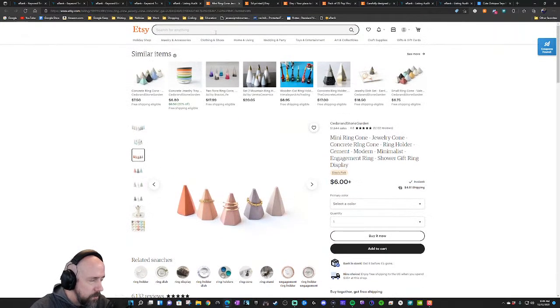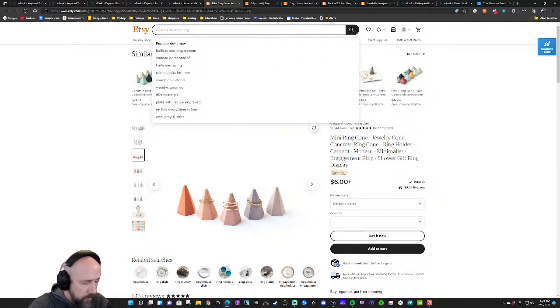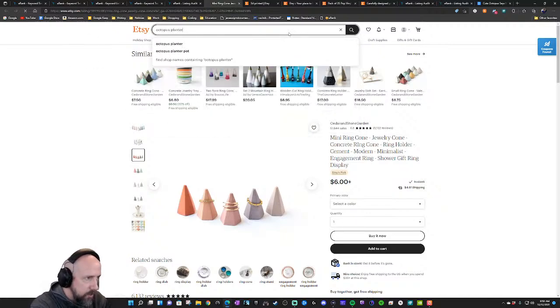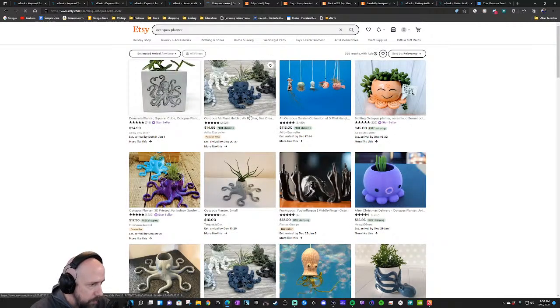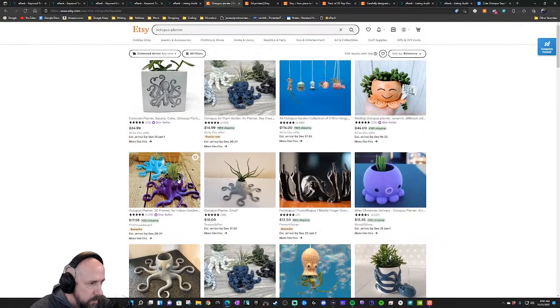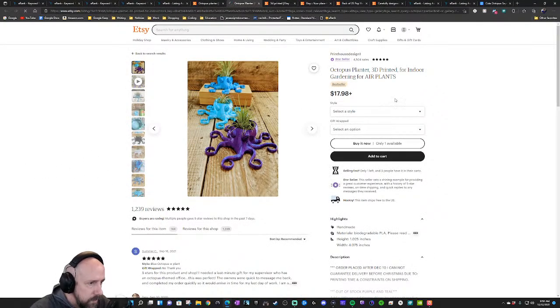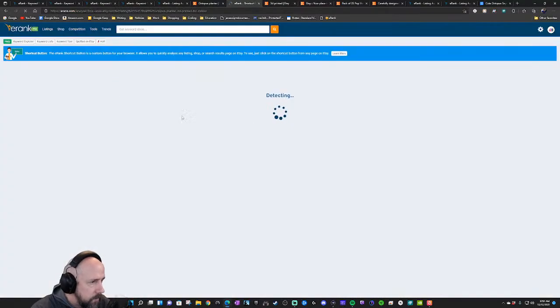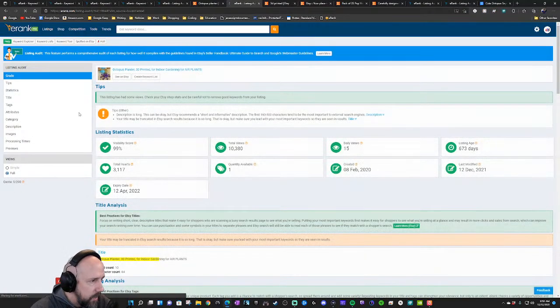One thing you can do is go into Etsy. So let's say octopus planter. You could go into Etsy and let's say that was a popular keyword and it was selling a lot. You could see for octopus planter, someone made an articulated succulent planter. This is kind of cute too. This guy's got a decent amount of sales. But anyway, you could actually just eRank this thing and snatch his keywords,